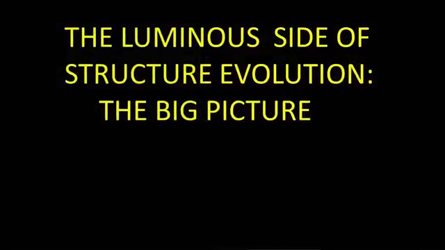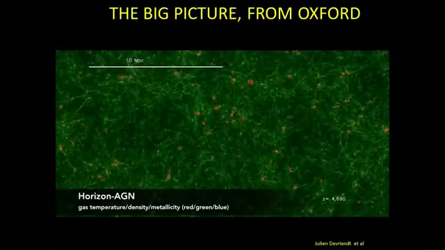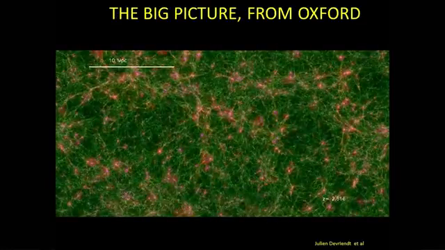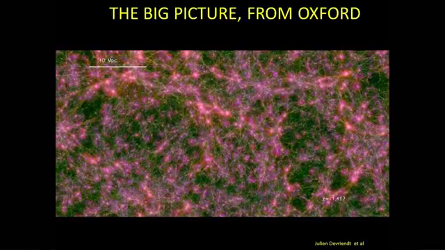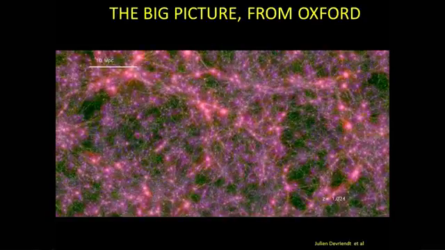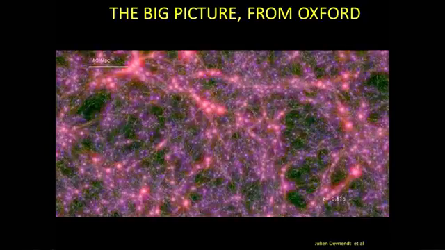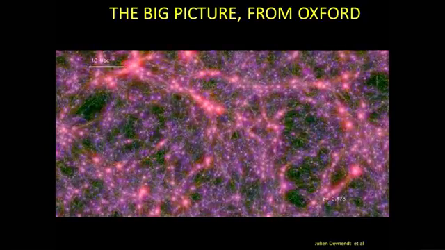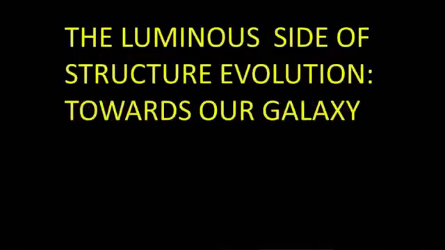Okay, so let me begin with one or two new simulations of what things look like when you put in the material that we can see. Here you can see structure developing in this large box of the universe, again, millions of light years across. And now this is the stuff that we can see, not the dark matter. The stuff that we can see is highlighted in these different colors. That's one simulation from the group at Oxford. Let's look at another one. I want to zero in a little bit.